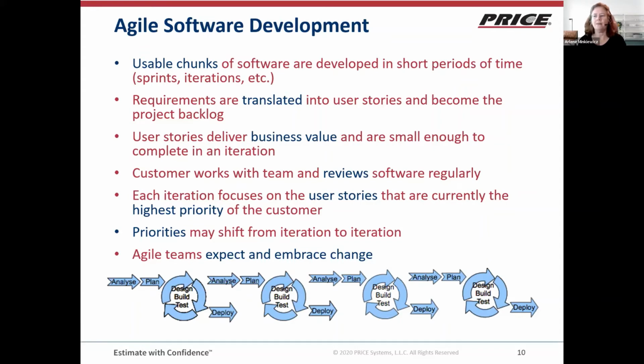A customer might see a feature that they asked for and decide that it's more important to make improvements to that feature, based on what they've seen and the possibilities they see having seen that. And they may decide that some other stories get lower on the priority list and may potentially not be in the end delivery. And Agile teams like that. They like the fact that they're working with their customer. They embrace the fact that change is part of the process.